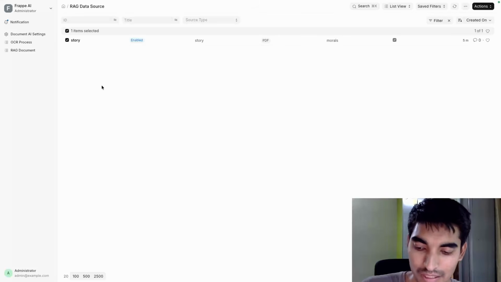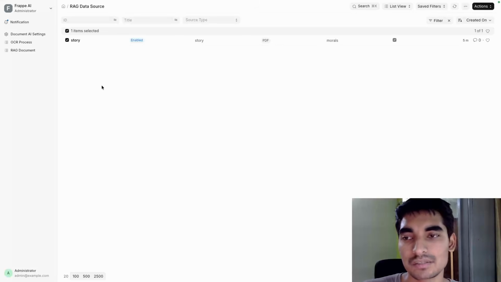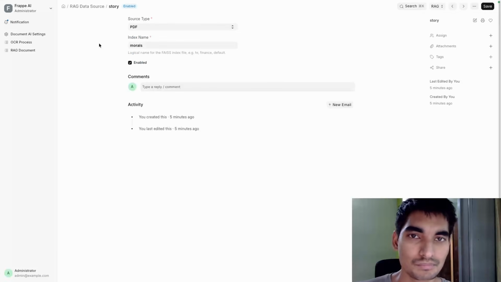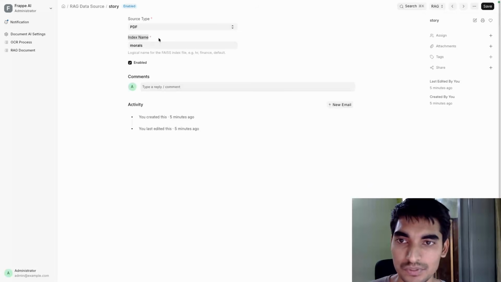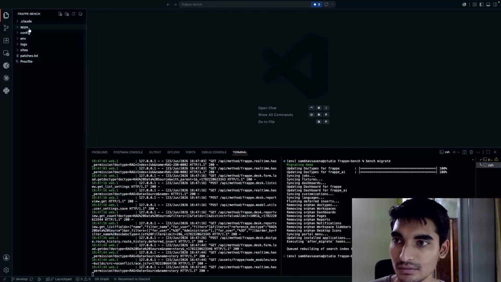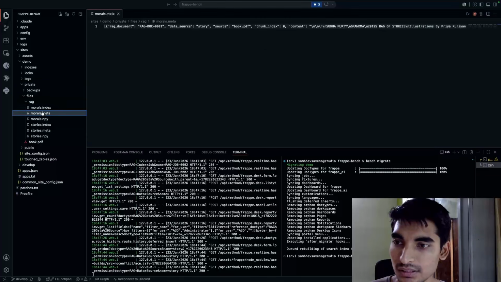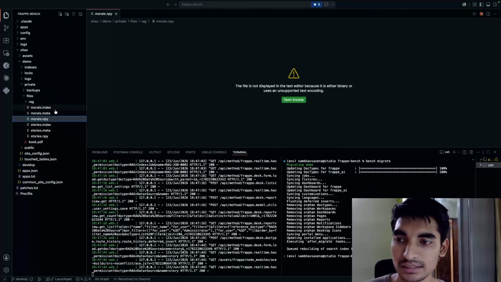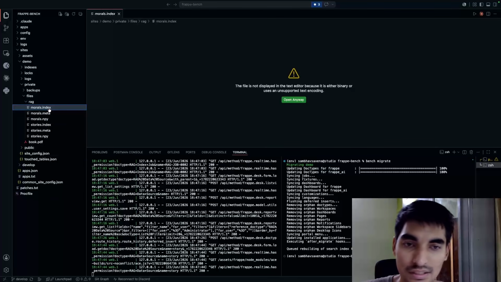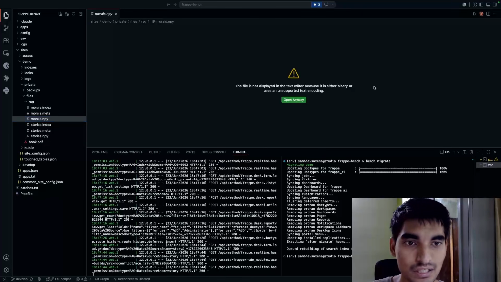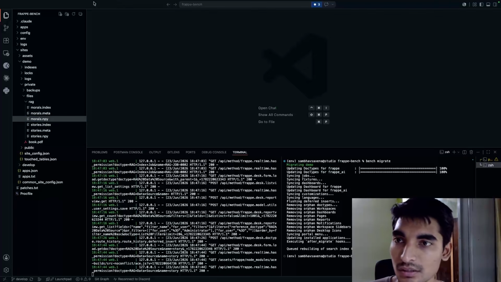And you keep updating your policy from time to time, and whenever you have an updated version, you create a separate data source for that, and then that would manage everything automatically. You just have to provide it a unique name in that sense. So you see this index name, you'll also find it here in your sites. If I try to show you my site's private data, files, rag, you see these are the three files that it has created automatically. There's an index file, there's a meta file which contains all of these chunks, and then there's an npoi file which keeps track of the valid chunks.